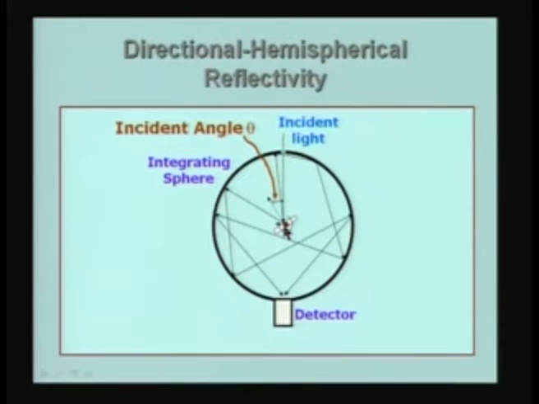So, what happens at the sample? At the sample it gets reflected in all the directions. Of course, the sample may be a fully diffuse reflector, it may be a specular reflector, it may be neither specular nor diffuse, it is one of those intermediate cases. We have seen this already in the last lecture. We have described what happens at a surface when reflection takes place for an arbitrary surface.